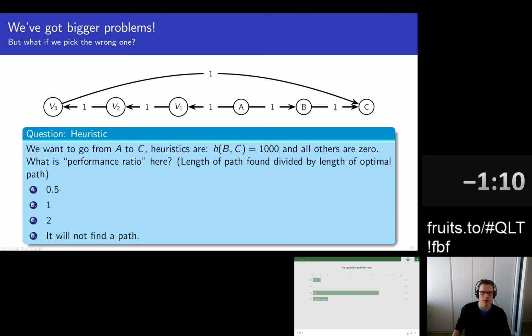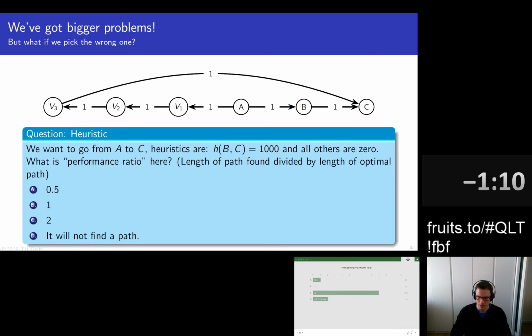So it will again take this one. And then it will take this one. And then it will get in C with a length of 4. And C will be the closest one because B is still at 1,001. So it will say, okay, I found my path to C. I've gotten it out of the queue with a distance of 4. Can't beat that. So 4 over 2 gives us 2 as the answer to this question. But more importantly, this shows why A star can break when we have a wrong heuristic.